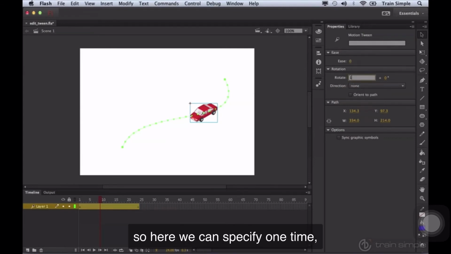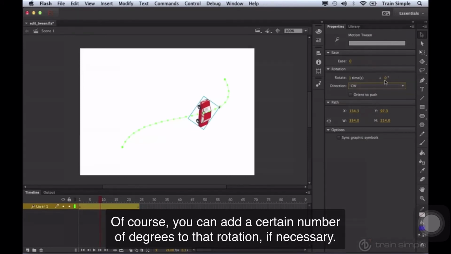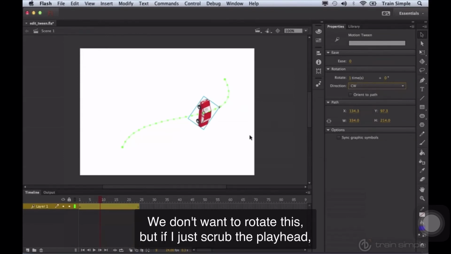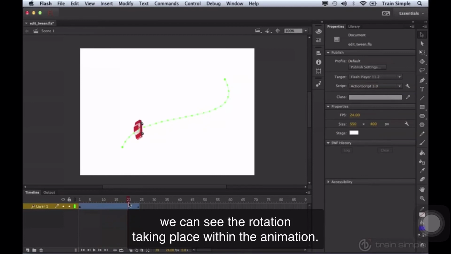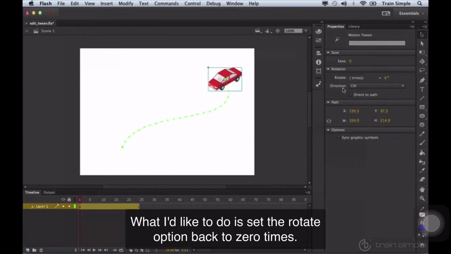So here we can specify one time, which means it will rotate 360 degrees one time clockwise. Of course, you can add a certain number of degrees to that rotation if necessary. We don't want to rotate this, but if I just scrub the playhead, we can see the rotation taking place within the animation. What I'd like to do is set the rotate option back to 0 times,